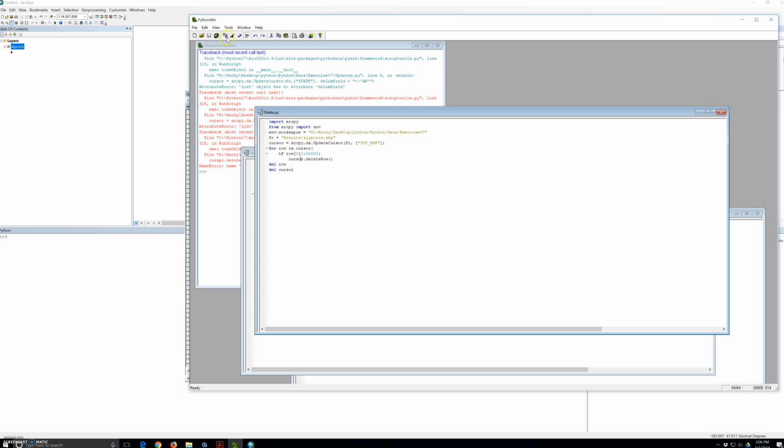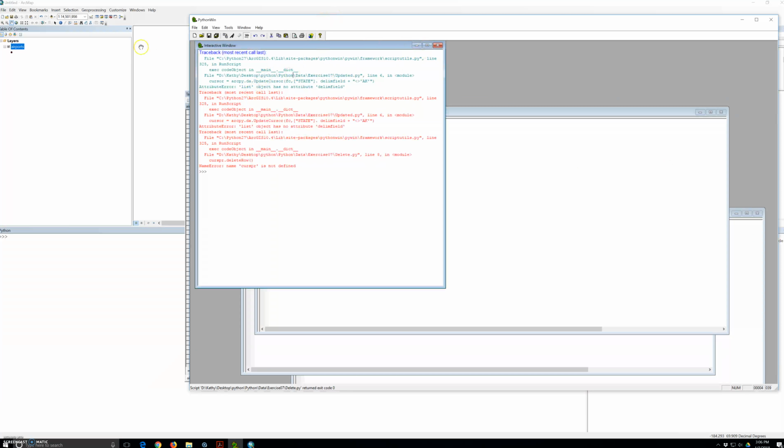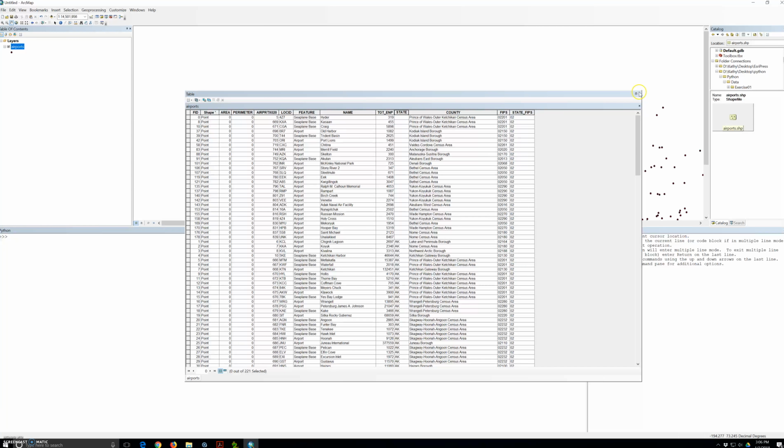Let's run it again. Perfect. And it says exit code 0. And now we go back to ArcMap, and this might lock. Let's see if it works. Okay, might not work because